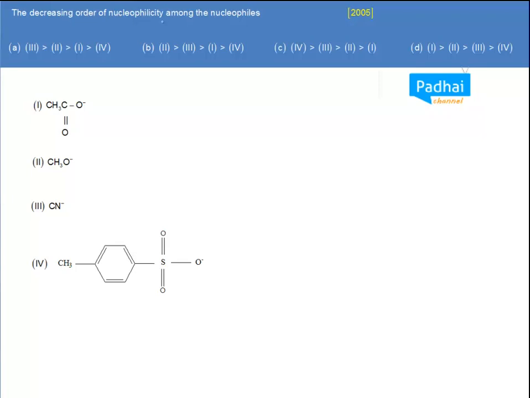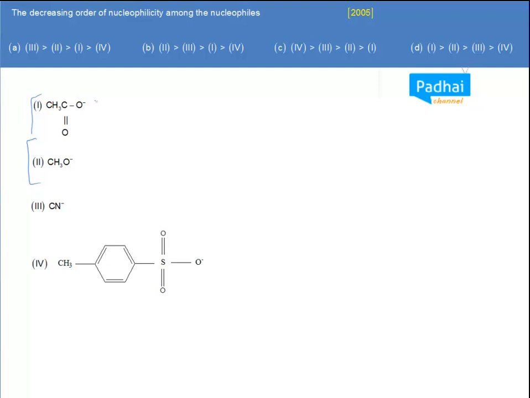Arrange in decreasing order of nucleophilicity among the following nucleophiles. These are basically the 4 nucleophiles, and it would be better if we go systematic wise. First of all, let us compare the nucleophilicity of 1 and 2, because generally what happens is